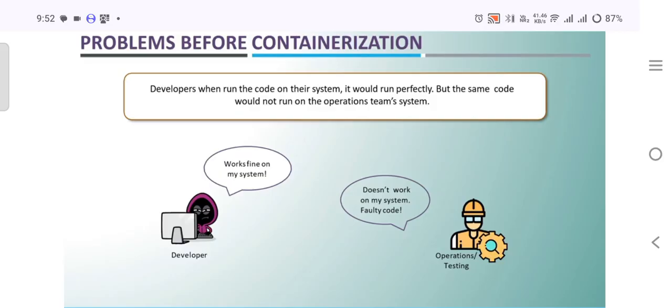Problems before containerization. Developers, when they run the code on their system, it would run perfectly because they have their development environment set up. Their development is being done as per the environment they have set up, and everything is as per their expectation because they know what they need as prerequisites to run the development that they are working on. But the same code, when they ship to the testers or operating teams, they face issues because they may